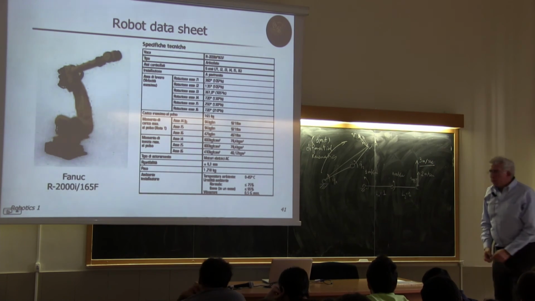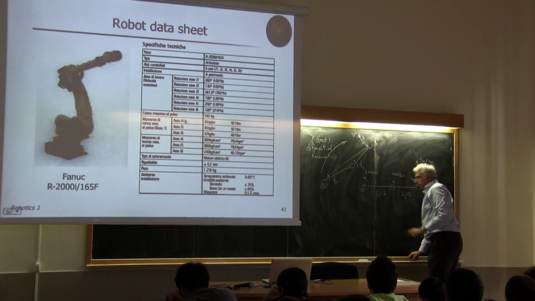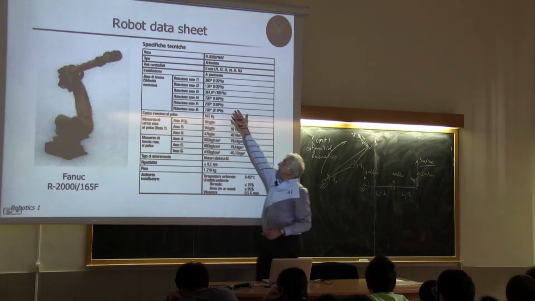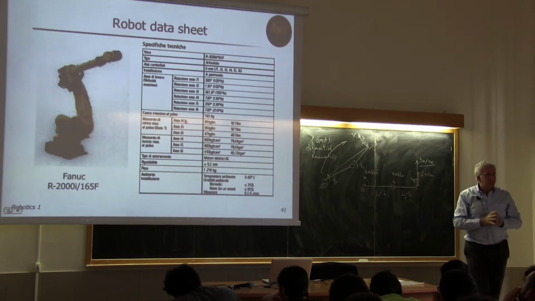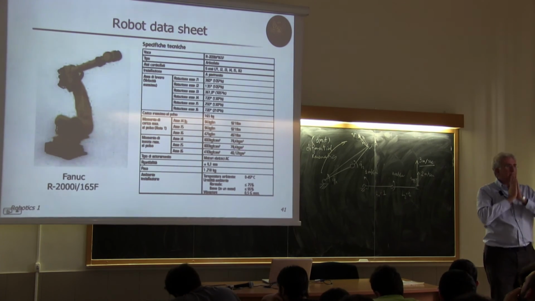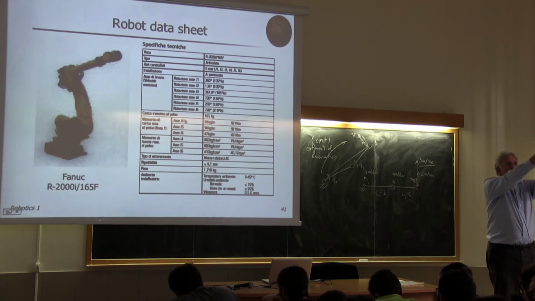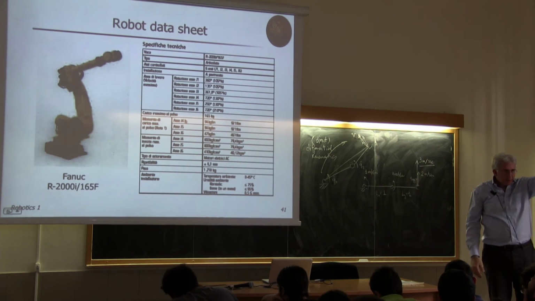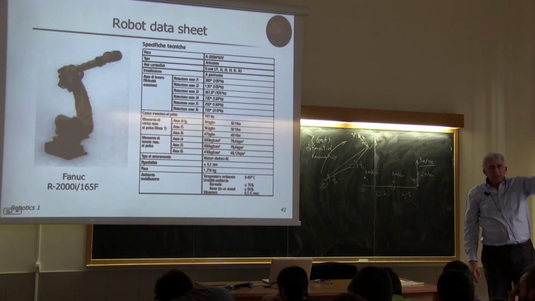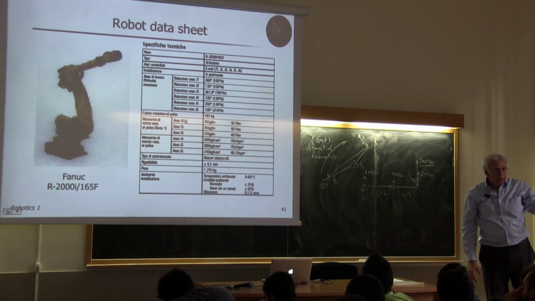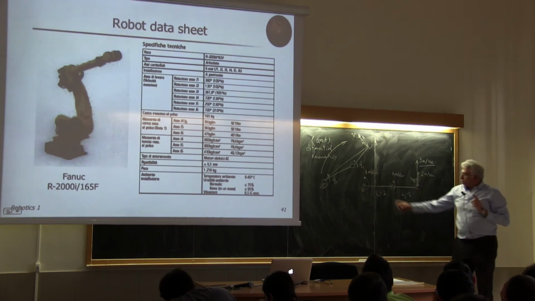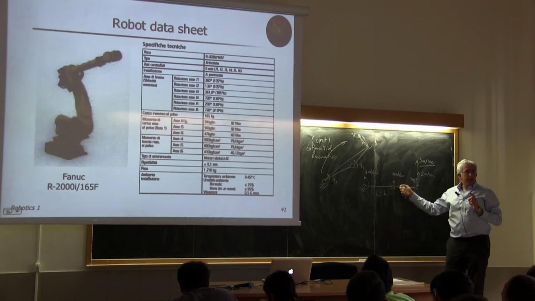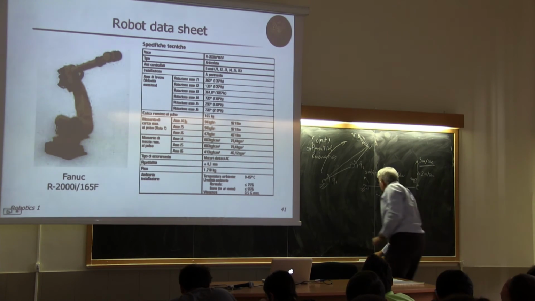Okay? Now, suppose that 1 radian per second, namely 57 degrees per second, was the maximum speed of this joint. Well, the guess is that this is actually the maximum speed that we can reach for the end effector, because we are at the extreme of the workspace, close to the boundary, and this is the maximum contribution that we have. But if we apply the same speed of the joint, so 1 radian per second, in a different configuration, for instance, this configuration,